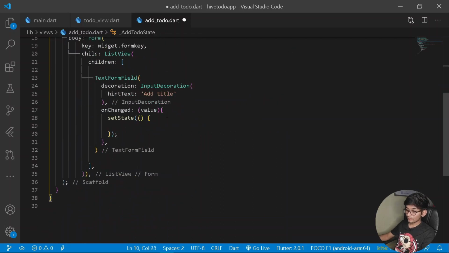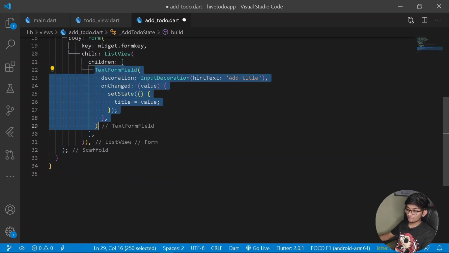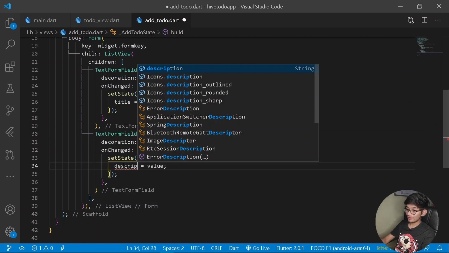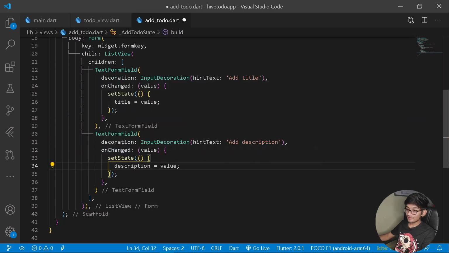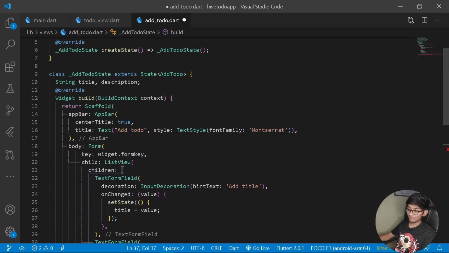Easy thing. So here I can simply say the title should be equal to the value of the particular TextFormField. Now let's copy the following TextFormField, paste it one more time, but here let's have "add description" under our to-do list, and here let's set the state of our description value. Easy. After having both of the TextFormFields, let's have a new ElevatedButton. On pressing it, something shall be happening, that is, we need to submit our form data.